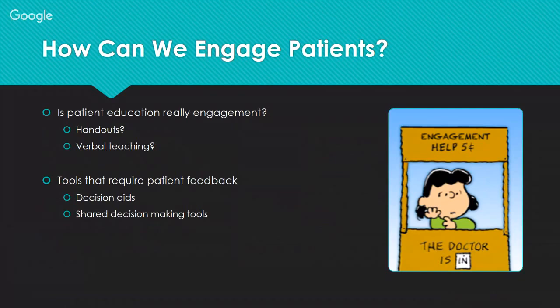So a lot of the time when we think about patient engagement, we think about education, right? As nurses, we always want to educate our patients, and we've been doing this for a long time. So we understand this idea. If the patients were just educated on the evidence-based practice, if they just knew the most recent evidence and knew my clinical expertise, then they would just follow the plan, right? Well, ultimately, patient